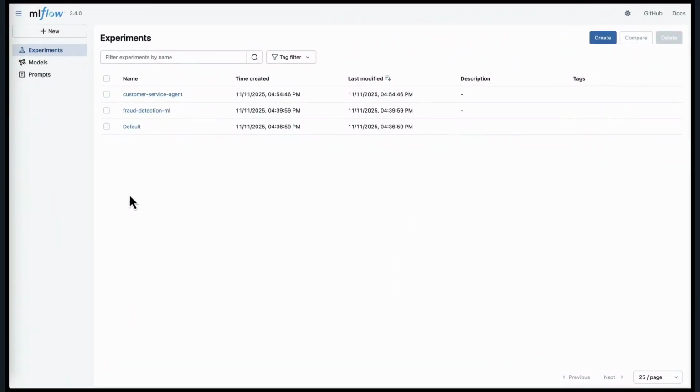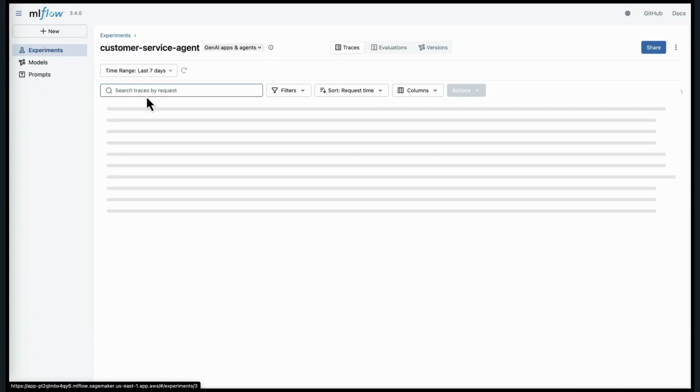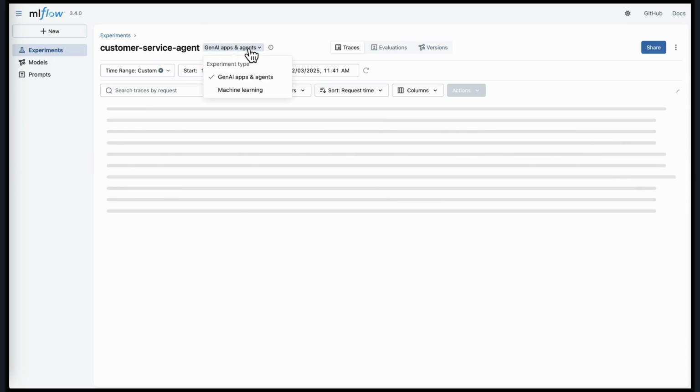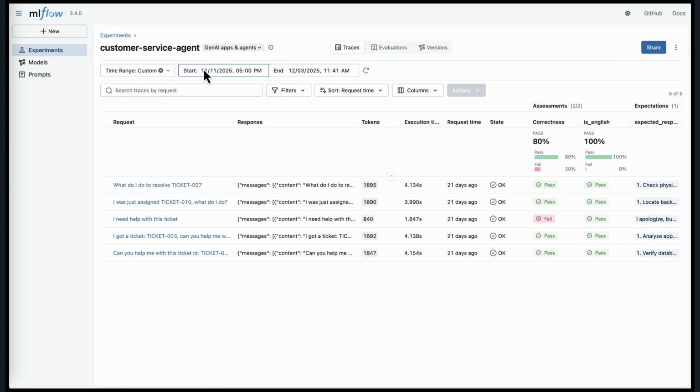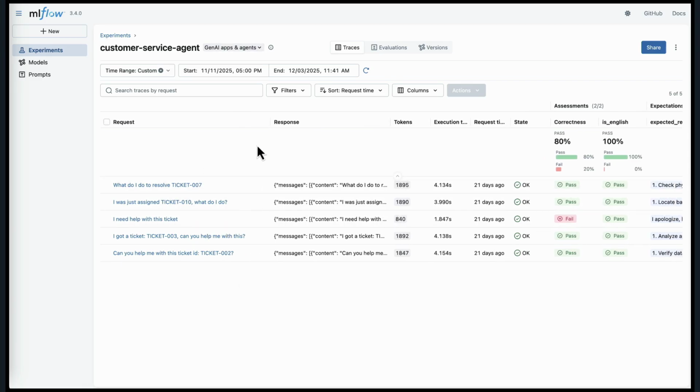So if I go in and open MLflow here, this is the new MLflow UI. You can see it's a stark contrast from where we started. And here, I'm showing that now, not only is it traditional ML, but it's also Gen AI and agentic use cases. In this particular example, this is an IT support example.